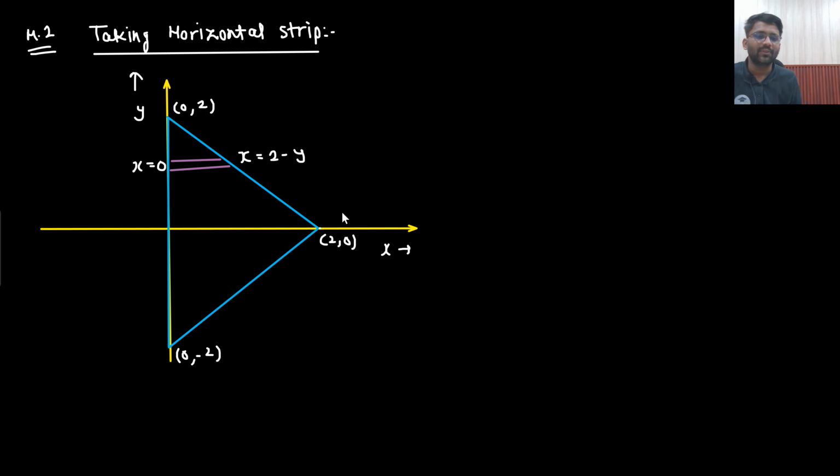No, you have to move the strip. If this strip goes upward till this point, all okay, sir. x is going from 0 to 2 minus y. Here also, all okay. Just as you come here, x is going from 0 to, what is the equation of this